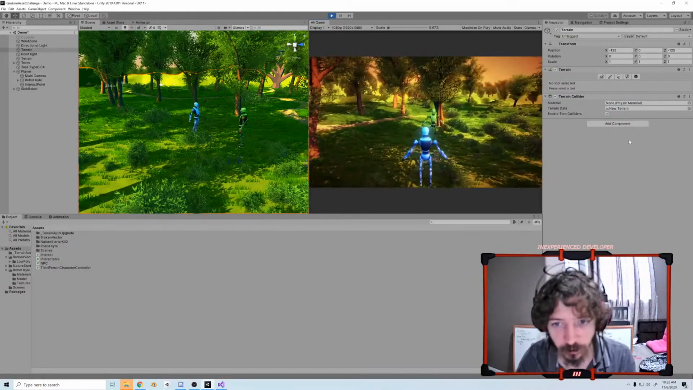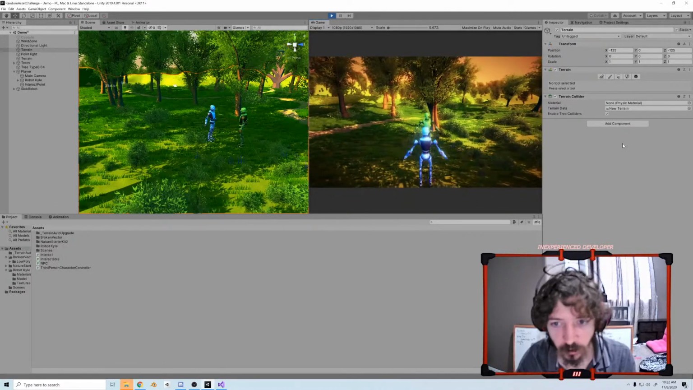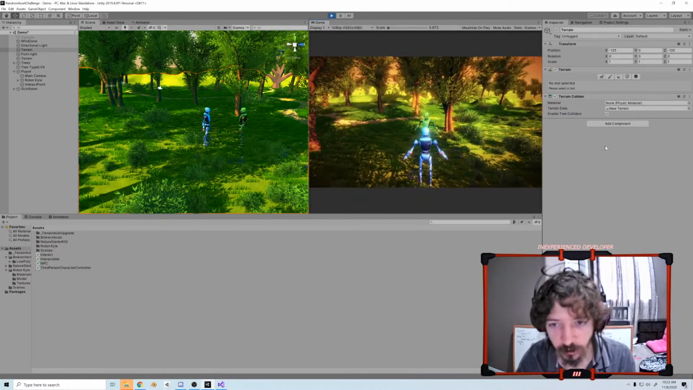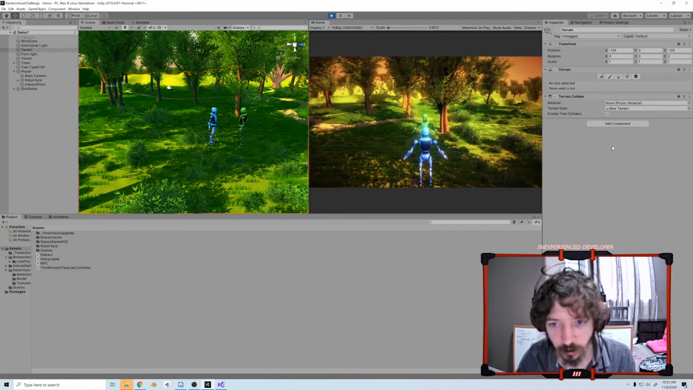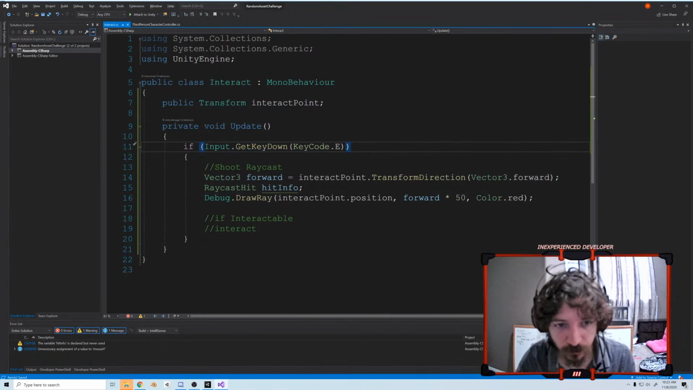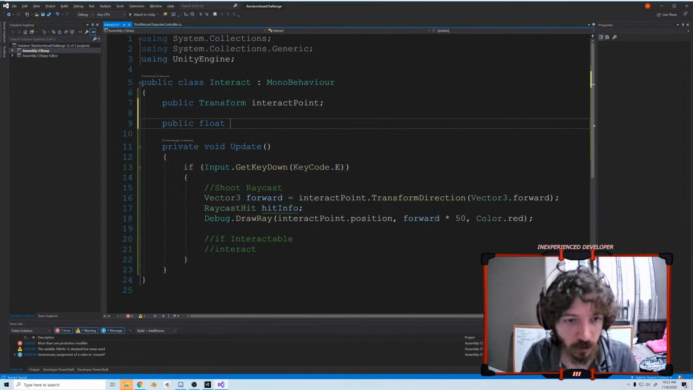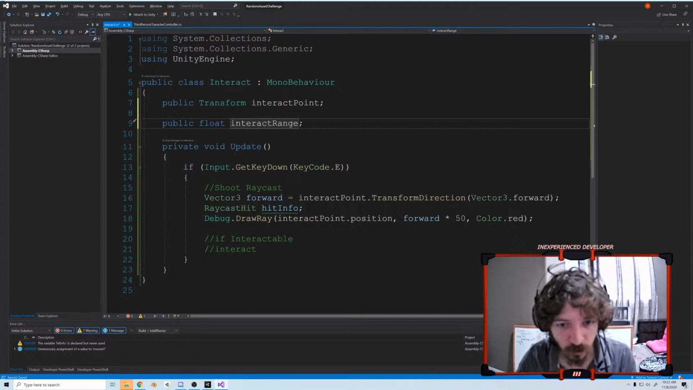So we don't want it to be constantly shooting, do we? Maybe we do. So if we come up close, I guess if we come up close, then it'll start shooting, right? Alright, so we need a range, so public float range, right? We do interact range, which would be,